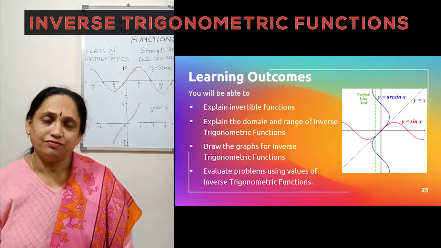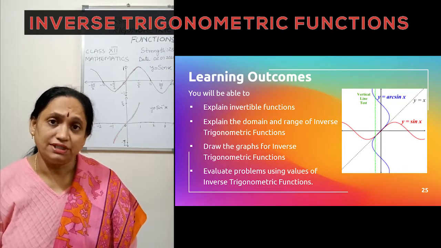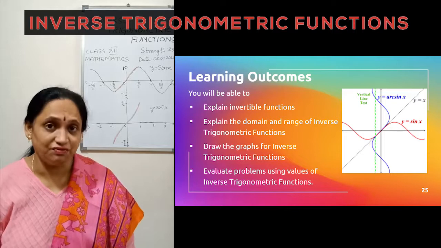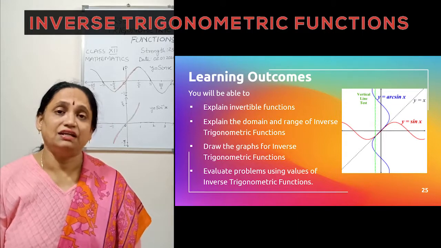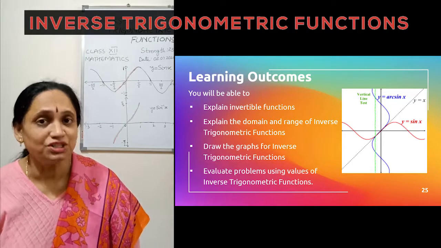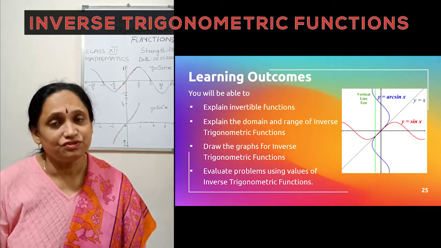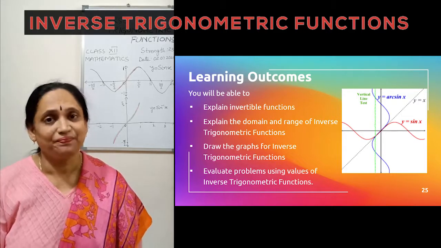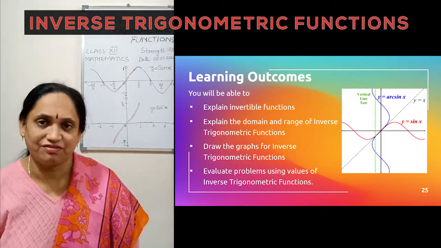So I hope you have understood what we have done, and you are now able to decide what inverse functions are, and whether these trigonometric functions are invertible. Can we find the inverse of trigonometric functions, and how do we find it? If we restrict the branches, is there only one type of branch which we get, or do we have more branches? You are able to draw the graphs for the trigonometric functions, and you will be able to draw the graphs for the inverse trigonometric functions. And then you are able to evaluate some values of inverse trigonometric functions.